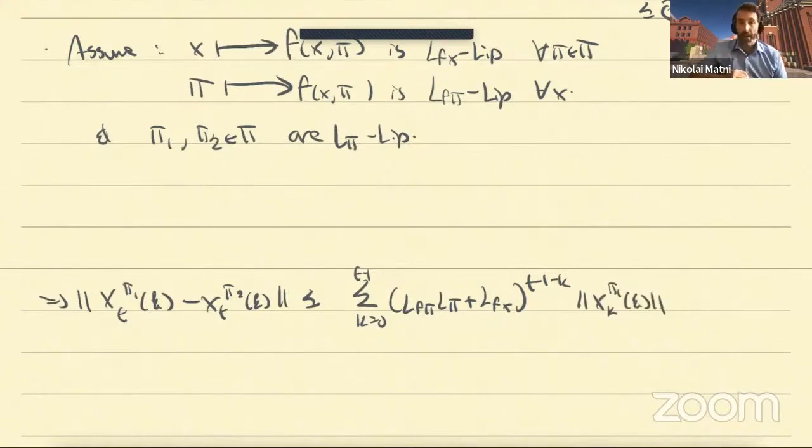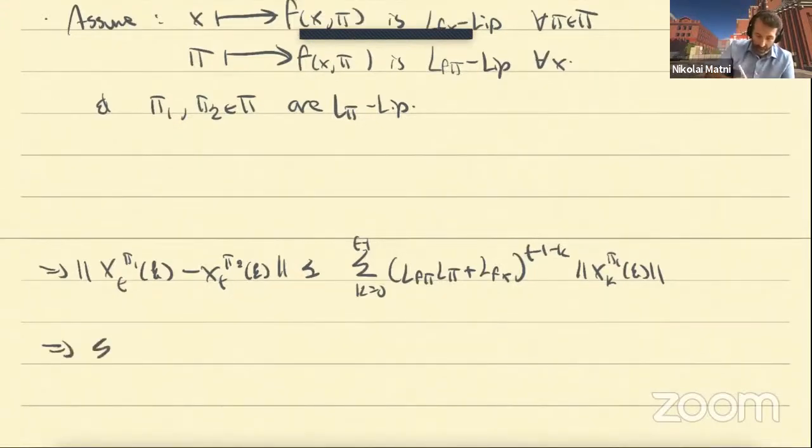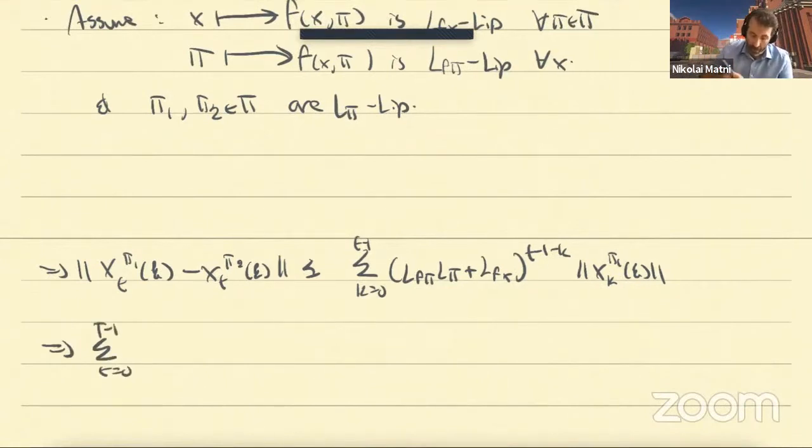Right, so you can actually bound this as a function of the underlying state. So what this means then is if I now sum both sides from t equals 0 to t minus 1 of these, this ends up being less than or equal to this expression of